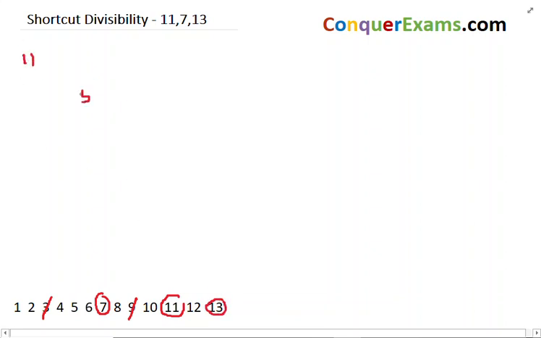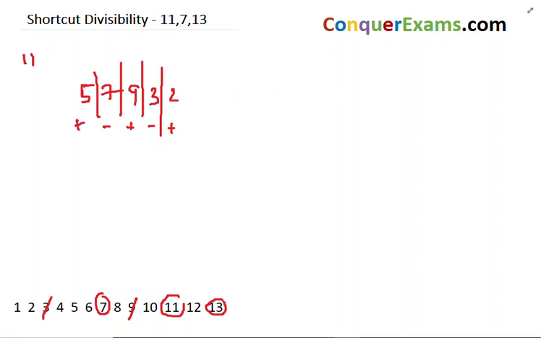If you have any number, say 57932, and you want to check whether it is divisible by 11, all you need to do is, for the rightmost digit you give a plus, then a minus, plus, minus, plus. So what is it that you have to do? You have to find the sum of the digits at the odd places: 2 plus 9 plus 5, which is 16,